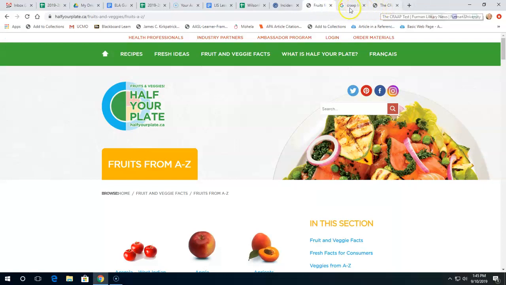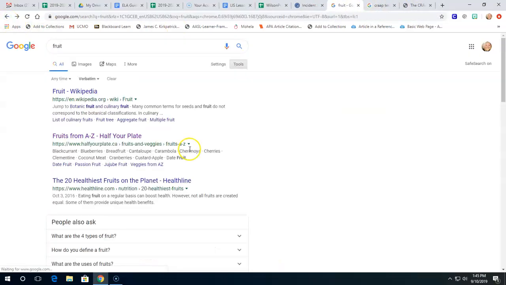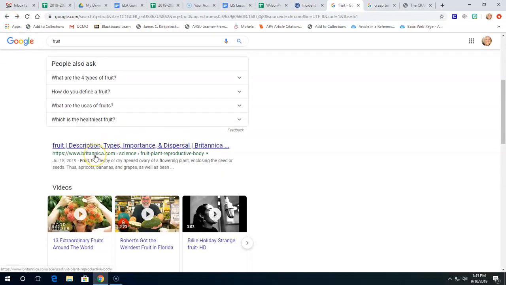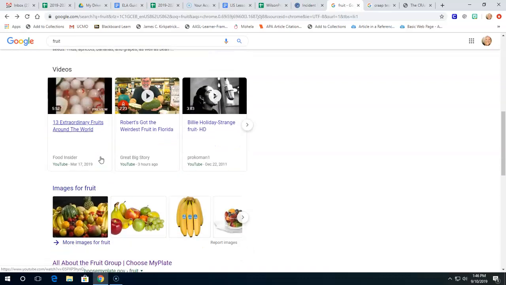As I look at my search results, again, I notice something called healthline.com, Britannica.com. You should at this point recognize that Britannica is an encyclopedia company, so I generally would trust encyclopedia companies.